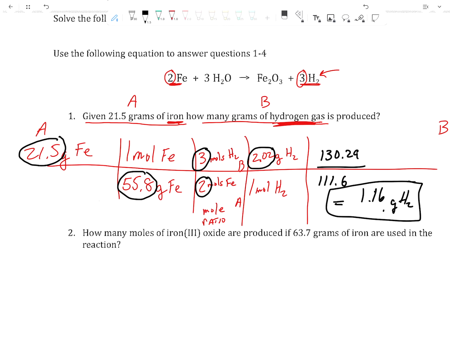Okay, so you have to make sure that you multiply everything across the top first, and then multiply everything across the bottom, and then do your division, and then you'll solve it. Okay, so